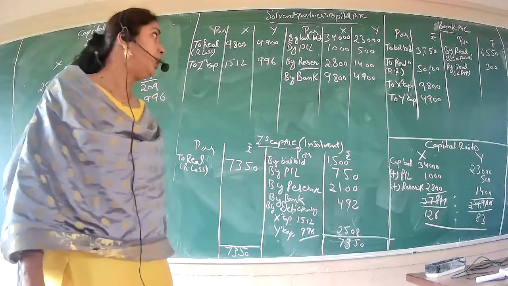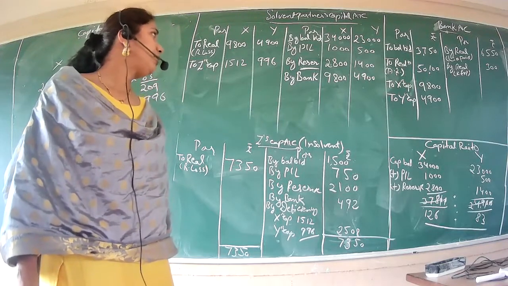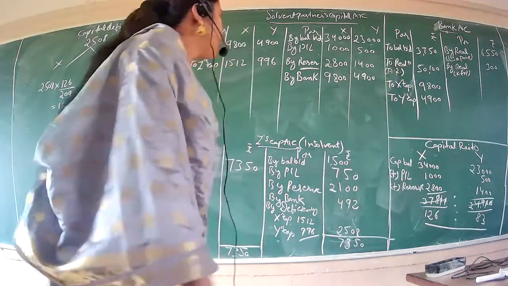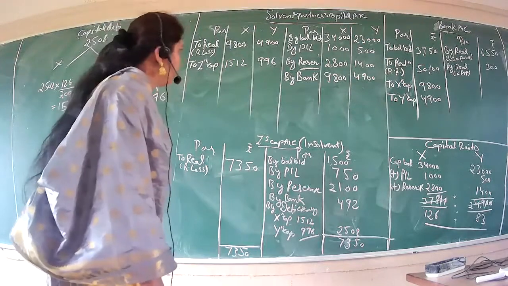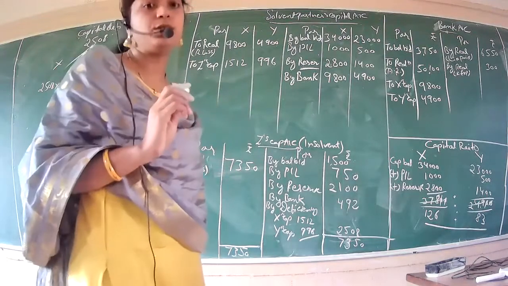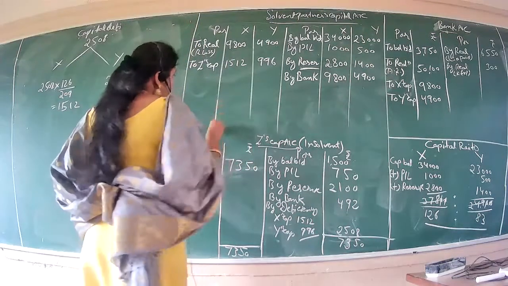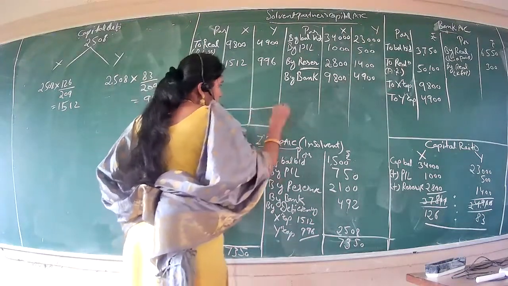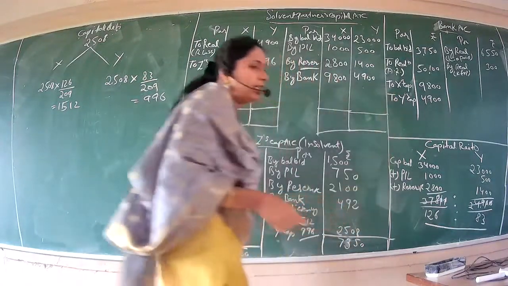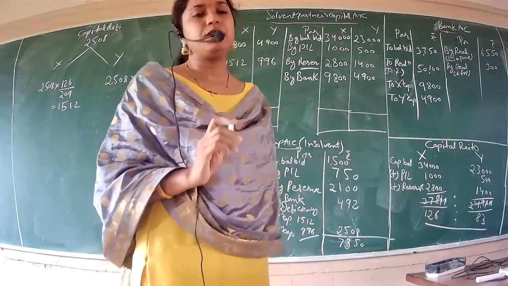Maybe no. Okay, because in your solvent partners capital account, capital amount from your balance sheet we have taken, profit and loss we have taken, reserve we have taken, how much they have got the bank, how much they have got the cash equal to their realization loss, that also we have entered. Realization loss also over, and Z capital also over. That means now we can close your solvent partners capital account also. So if we are going to close, we have to check the total, and then we have to calculate the balancing figure, that is how much cash the solvent partners will get on the dissolution of firm.